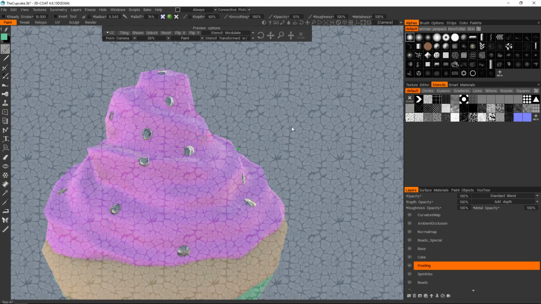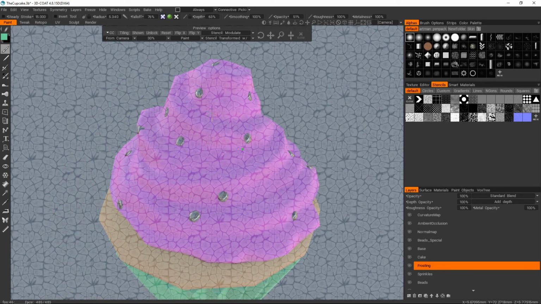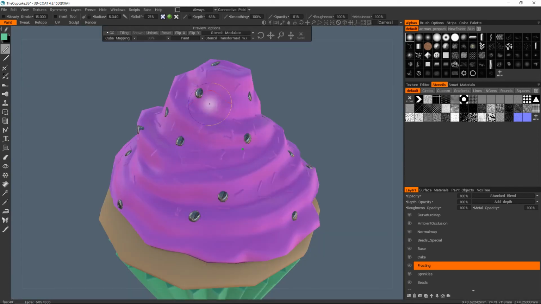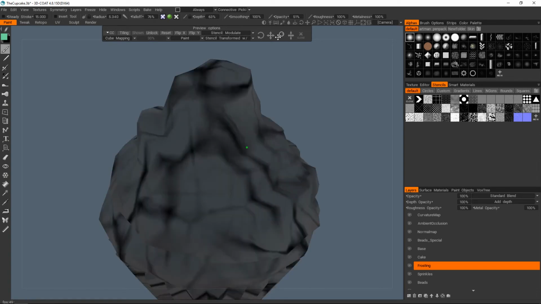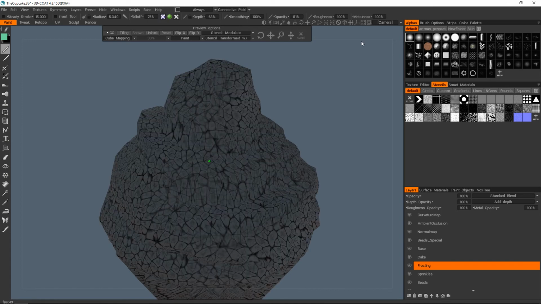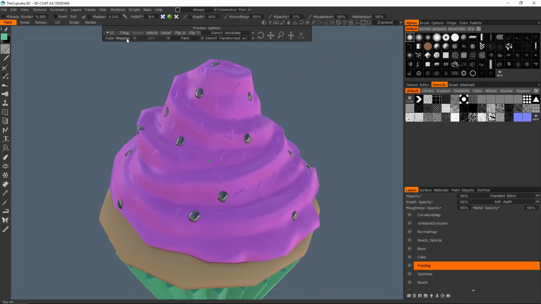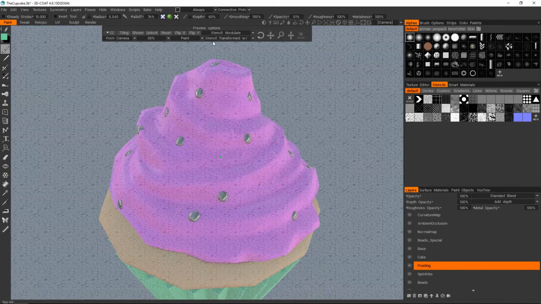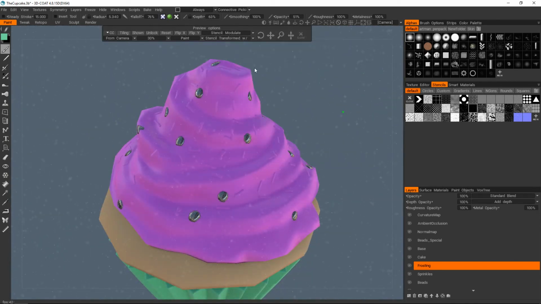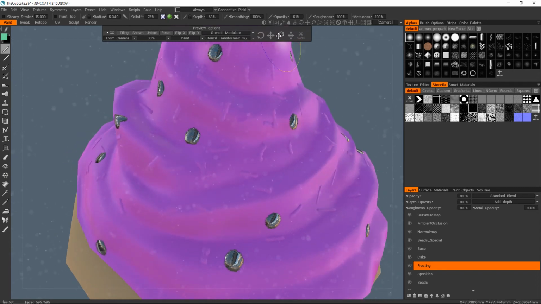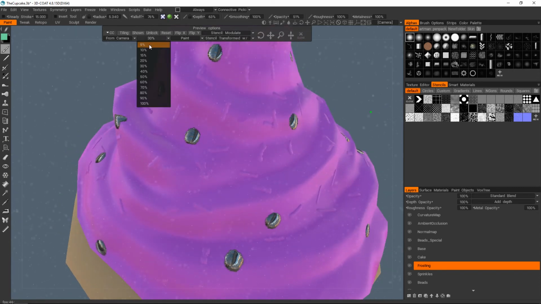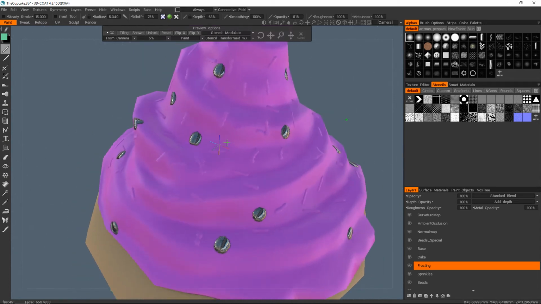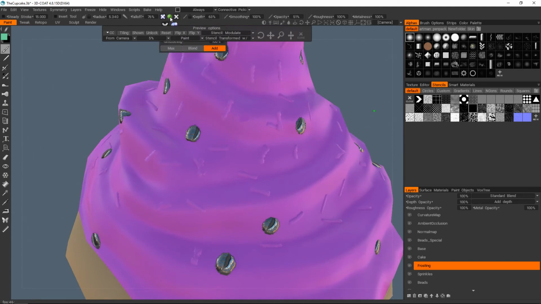You can obviously just paint from camera. It also has other options like the cube mapping, where you can't see the preview anymore, but if you use the magnifying glass and click and drag it, then you can see how it's affecting the mesh. I'll probably go with from camera, something like that maybe. I'm not sure how easy that is to see on screen. And I'll bring the visibility percentage down a bit, because I would rather see more of this than the image itself. And I think I will go with normals for this, and